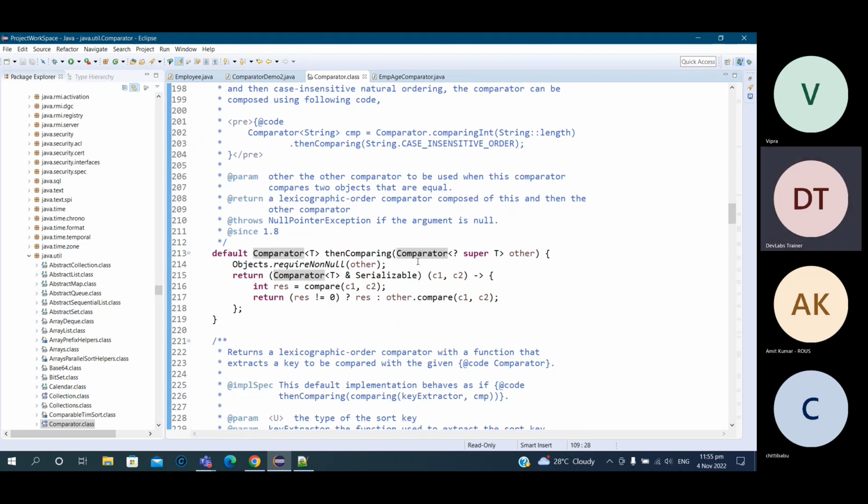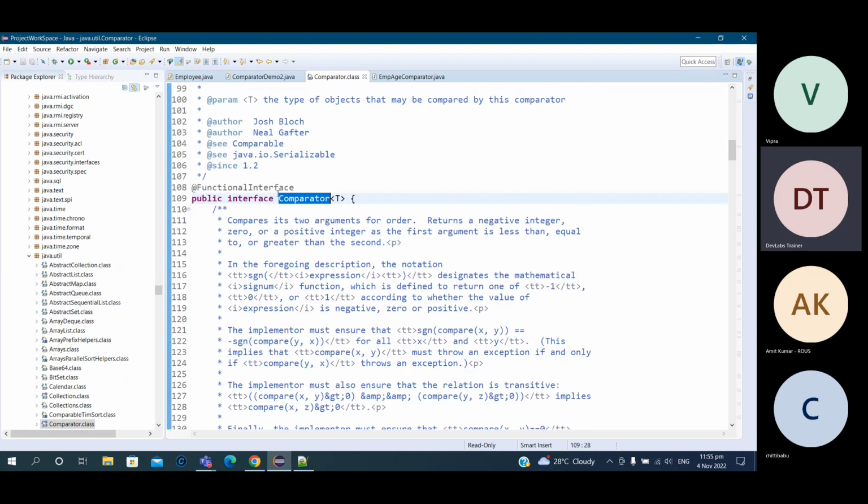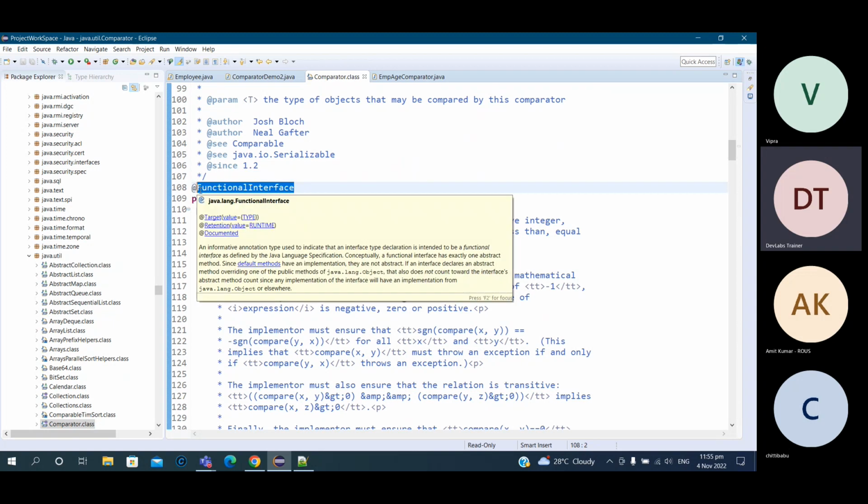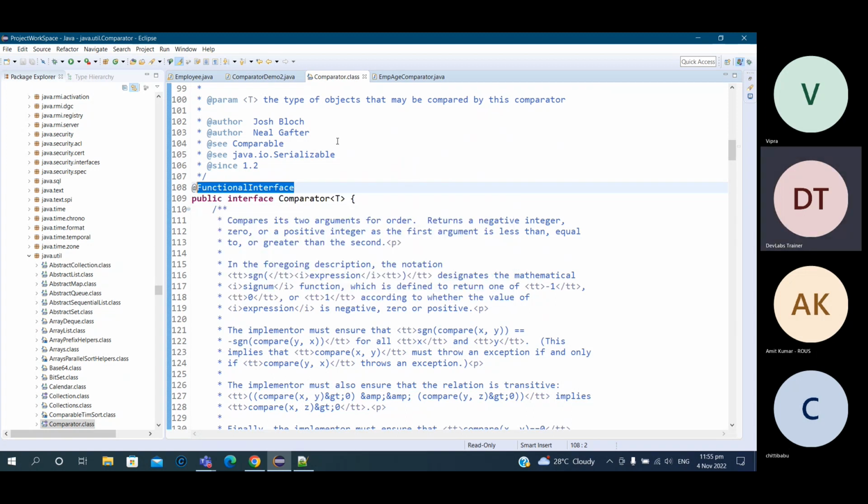You can see here, it is saying that comparator. So when you go there, it is saying that it is a functional interface. Functional interface means you can use it as an anonymous class, like Consumer you have seen in the past. If you can recollect, somewhere I have shown you the demo of the Consumer interface. So in the same way we can use the Comparator interface as an anonymous class,